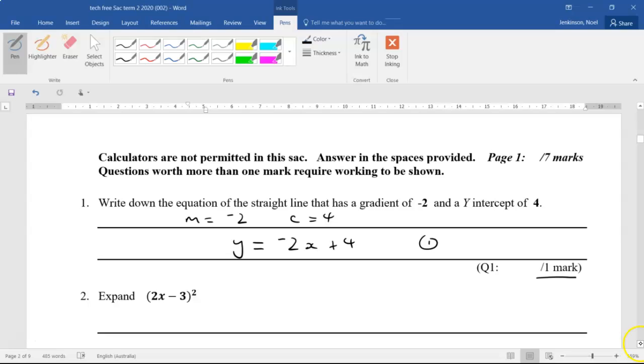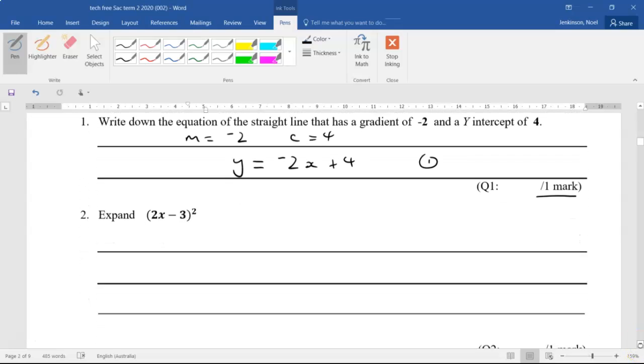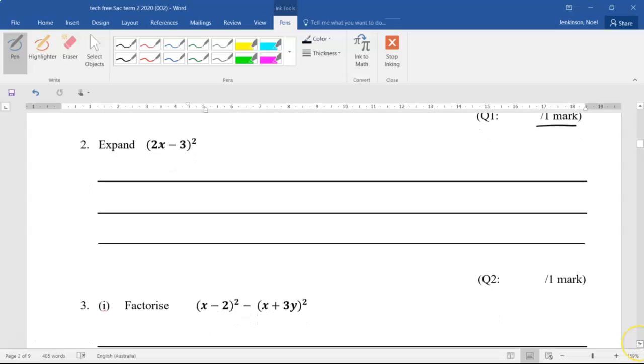To move down the page, I'm just going to hit the little arrow on the scroll bar. Don't have to change the pen, that's the easiest way. Expand (2x minus 3) squared. Again, 1 mark. You can just very easily, if you like, use your expansion of a perfect square, jump straight